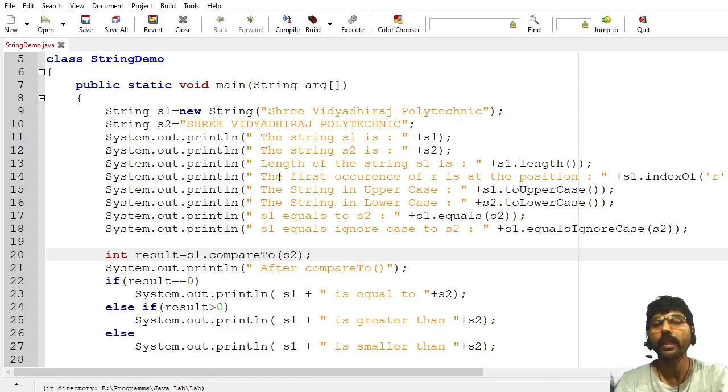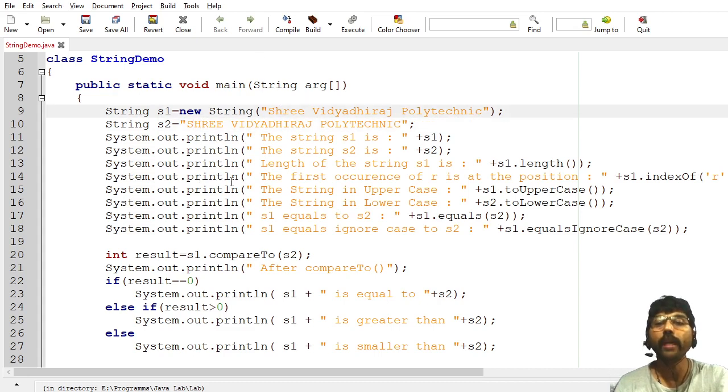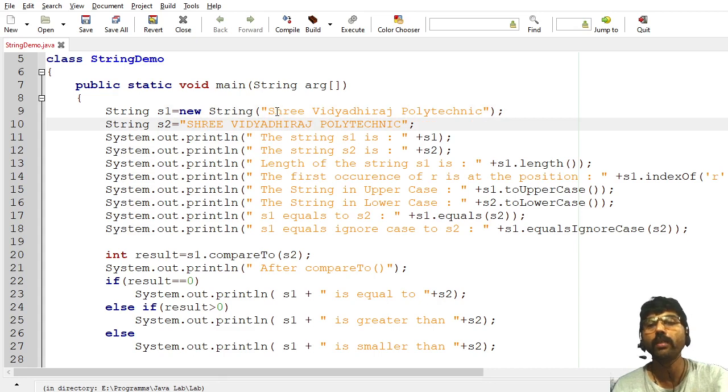In our case, it returns non-zero because they are not the same. Then it will check whether S1 has the higher value or S2 has the higher value. If you see here, S is compared with S, both are the same value. H is compared with H. Now a mismatch occurs at the H, but this h has the higher value, so S1 has the higher value than S2, because lowercase characters have higher preference than uppercase characters.